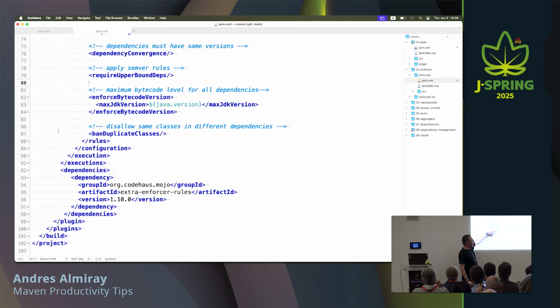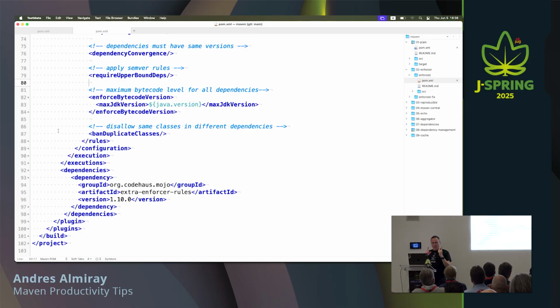Instead of adding this dependency into the compile-only scope that we have in Maven, which is provided, don't use it for this case. Define dependencies explicitly on a plugin like this. So the bytecode and ban duplicate classes rules, I think those two come from this dependency.